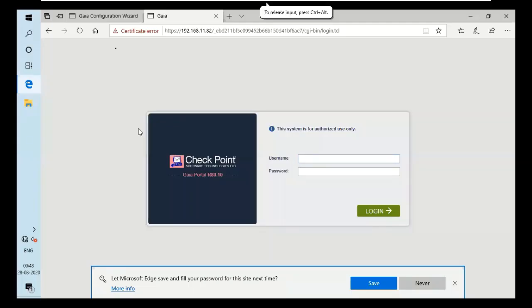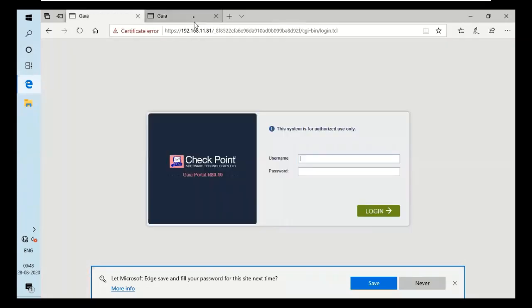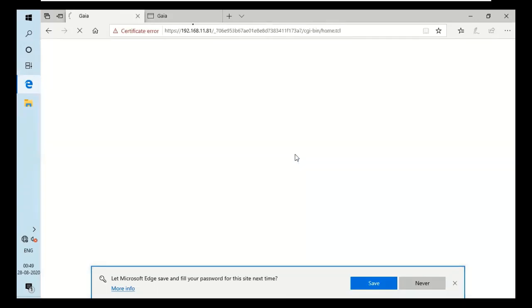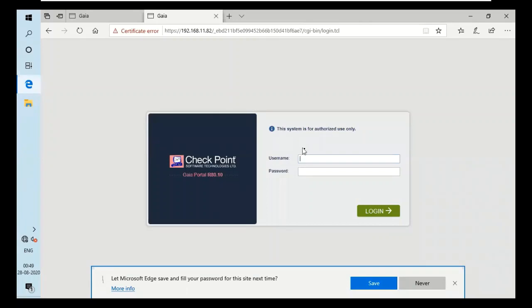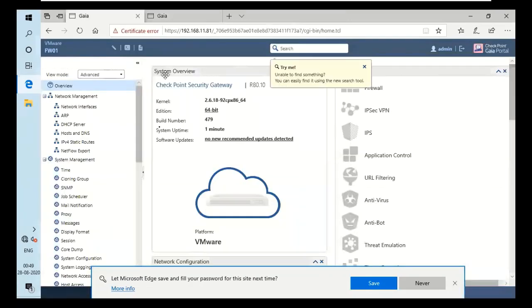So we have the login page of firewall 2. Let's check the login page of firewall 1. It's not up. Yeah, both are up. Let's log into our firewall 1. Admin, I'll hit tab and tab. Admin123. My caps lock is on, so I will write it again. Admin123. Hit enter. Let it load and let us log into our firewall 2 also. Admin123. Hit enter. Yeah, our firewall 1 is up, and as you can see, the uptime is 1 minute.